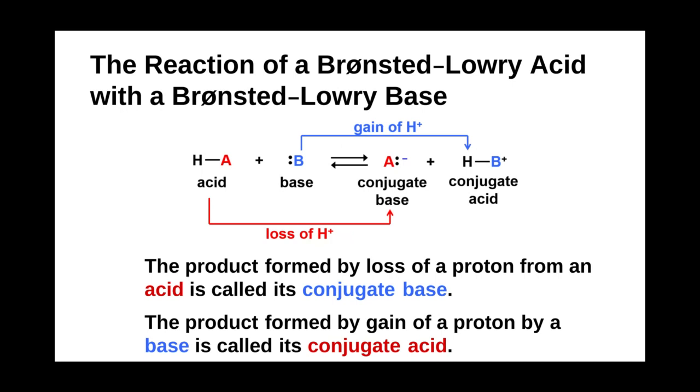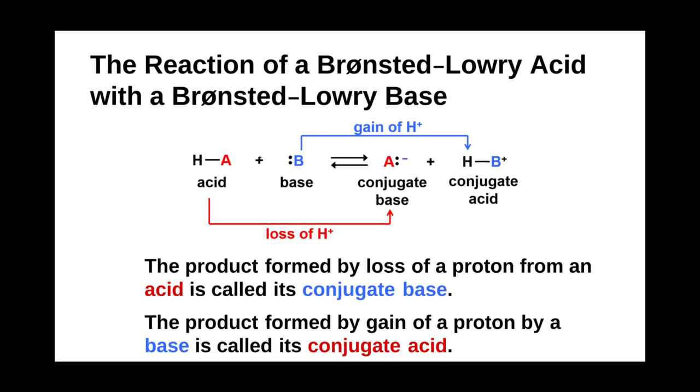When you put an acid and a base together, they form those conjugate bases and conjugate acids, but the reaction is reversible. So it's always bouncing back and forth, right? You're starting with an acid and a base, but you're also creating a base and an acid. So this reaction goes both ways, because on both sides you'll notice we have an acid and a base. So they go back and forth.